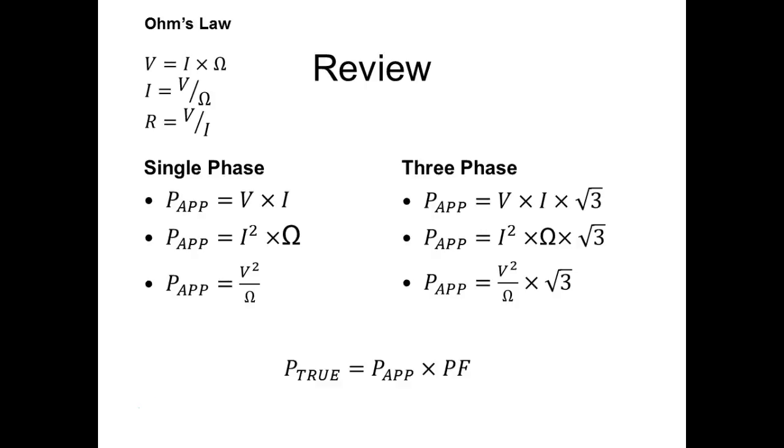Ohms is opposition that does not vary with frequency. So 100 ohm resistance is 100 ohm of resistance, whether it's in an AC circuit or whether it's in a DC circuit. Right? And so, like I said, these reactive devices do no work. So basically, this would be what we call apparent power. Are we okay? Everybody okay? So true power or real power would be equal to apparent power times something that we refer to as the